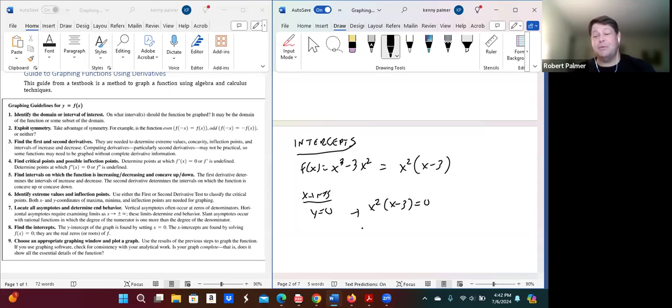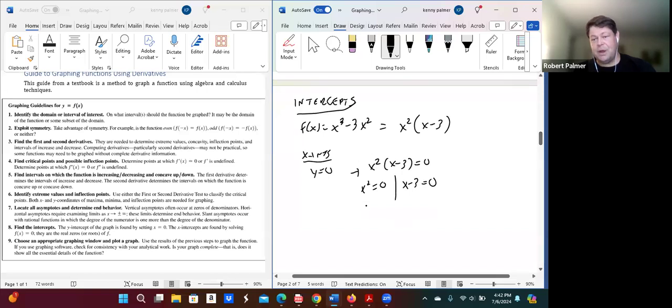Then we've seen this kind of thing before, set each factor equal to 0: x squared is equal to 0, x minus 3 is equal to 0. Of course here x squared, we take the square root of both sides, that's just going to be 0, plus or minus the square root of 0, but then that's just 0. And over here, x is equal to 3. Okay, so our x-intercepts, we have 2 in this case. One is (0, 0), and the other is (0, 3),